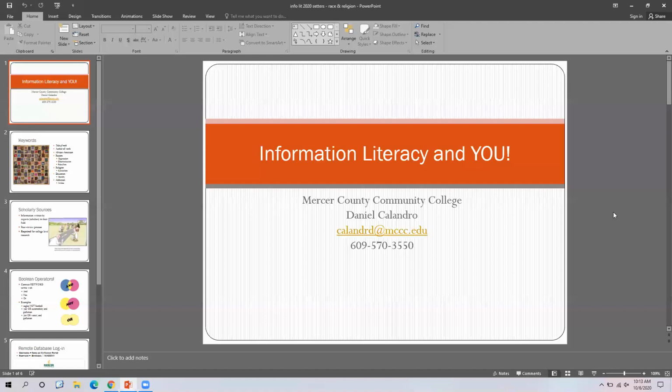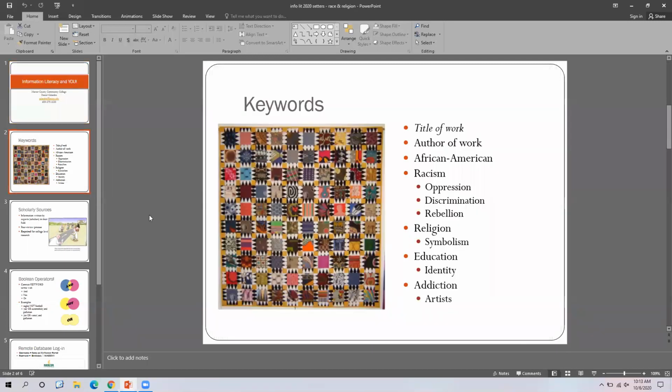Once again, we're going to use that second paper topic where you guys have read another set of short stories, James Baldwin, Alice Walker. So again, depending on the short story you've selected, you'll probably want to start with that as a keyword, just like last time. Again, you can go ahead and use the author of the work as well. And again, lots of different keyword terms that you guys can go ahead and add into your search.